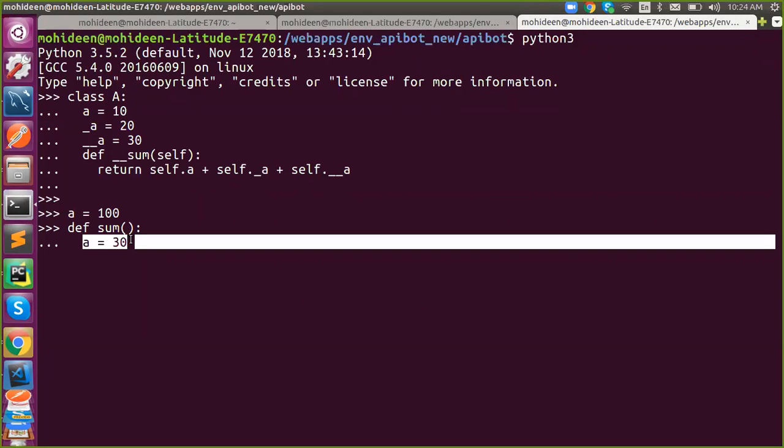This is purely local because I'm not using any global keyword. So whatever you do will reside only inside this scope, only inside the function alone. It won't reflect in the global.